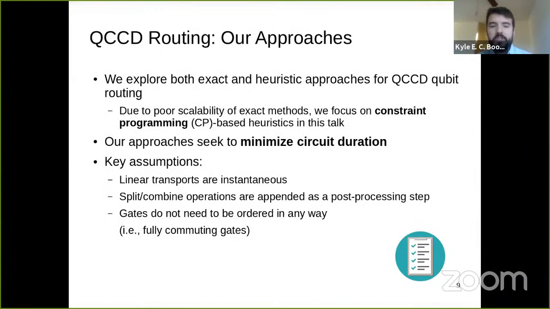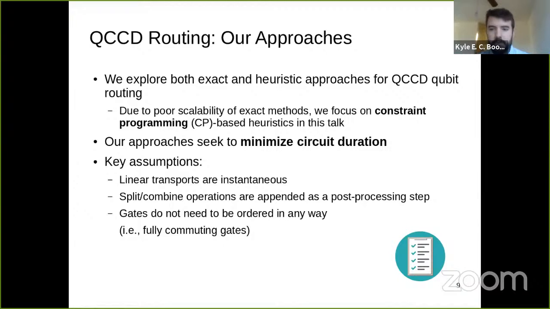In terms of our approaches, we explore both exact and heuristic approaches for doing the routing. Due to the poor scalability of the exact methods, in this talk, we just focused on a constraint programming based heuristic. Our approaches, once again, seek to minimize circuit duration, and there are some key assumptions that we incorporate. So we assume